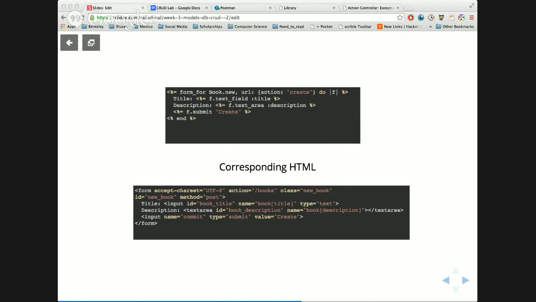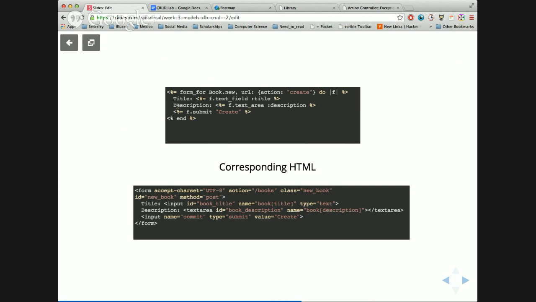So let's create our form now, so we can actually create books from the browser. Again, I said this is going to be a little complicated, so bear with me here. You guys can see this? Okay. This is actually the code we need to write, this top box here, in our new view. And this is mostly embedded Ruby. Right here, basically what it's doing is calling a method called form_for,